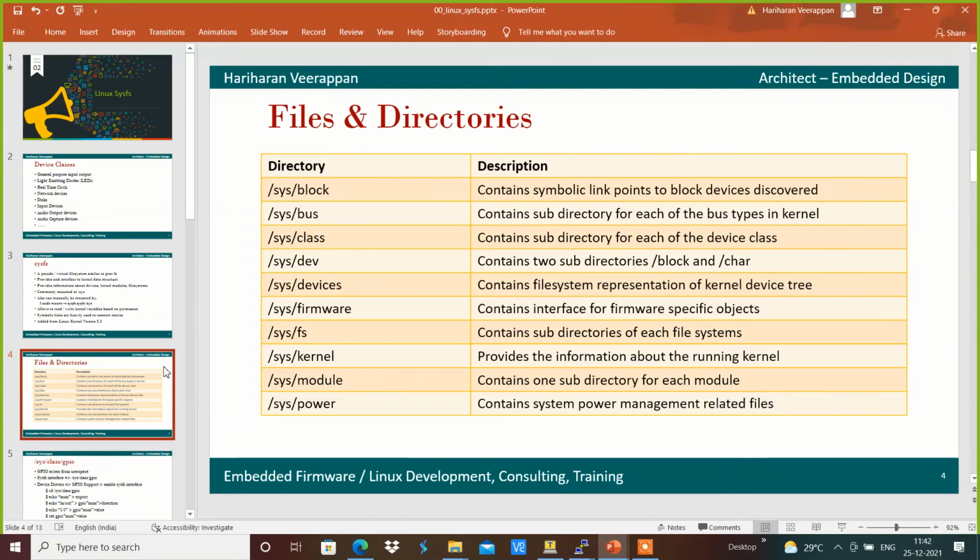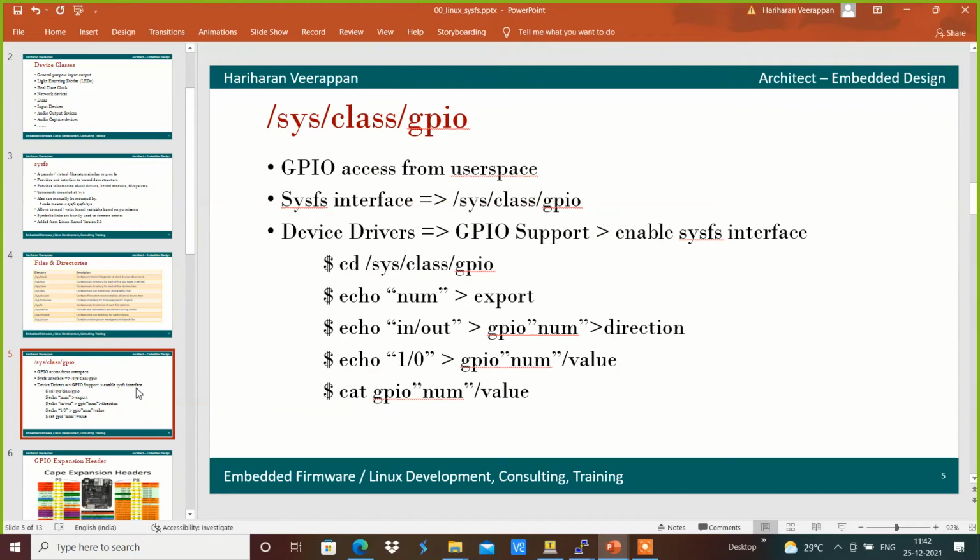The GPIO drivers are exposed with the sys class GPIO, which is a general purpose IO class defined in the Linux kernel, and we can use export and unexport to export the respective GPIO numbers, and unexport to revert the exported GPIO back to normal.